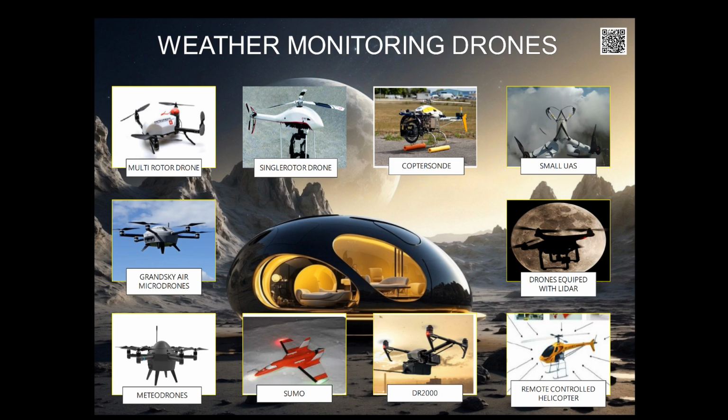They are not cheap. Now, similarly, there is the DR 2000 drone, which carries an anemometer, and it can measure the parameter with the help of the anemometer. They are mainly used by hobbyists, not by professionals. Rarely used by professionals. And it can measure only wind speed up to 150 miles per hour,